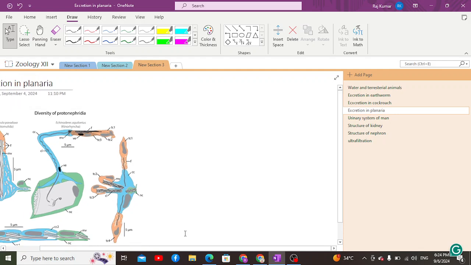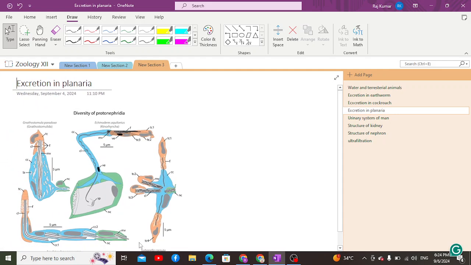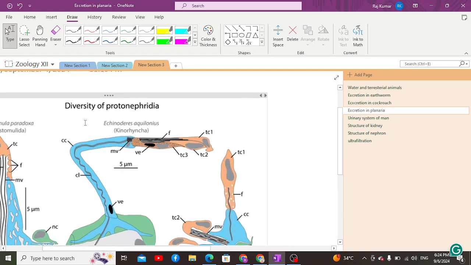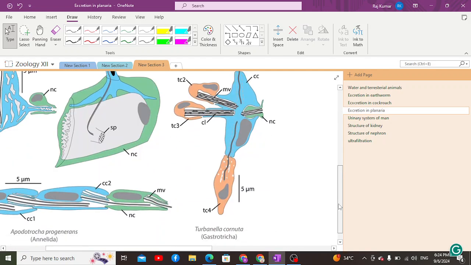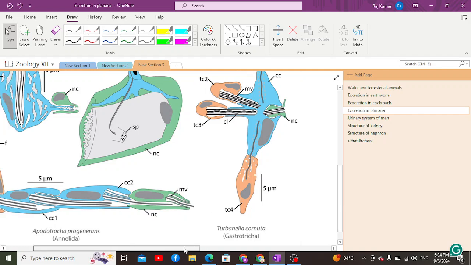Before that, the phylum Cnidaria as well as phylum Porifera were not having any sort of excretory system. But this was the first organism which has an excretory system. When it comes to its structure, the excretory system is in such a manner that